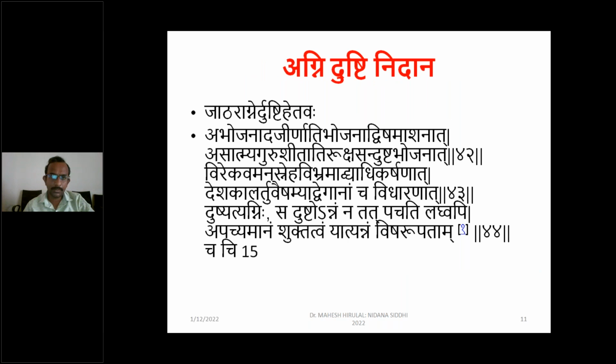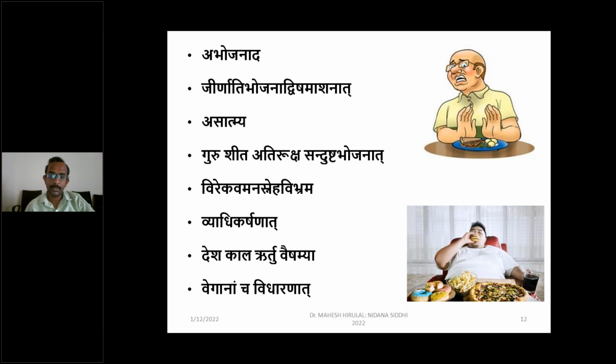So these are the Agni dushti Nidanas, Abhojanat. For the present day lifestyle, if you understand these, all the Nidanas, we very easily get in all the patients. And the Annavaha srotho dushti is something, if you see any disorders, we will see one or other lakshanas of Annavaha srotas. It may be from the Jwara up to the Unmada. If you see the diseases, there will be the lakshanas of Annavaha srotho dushti.